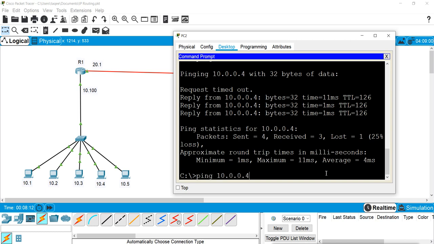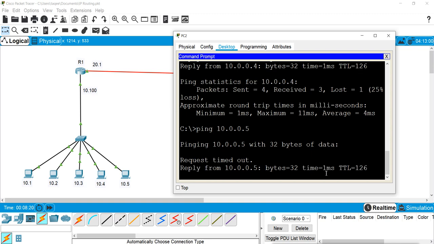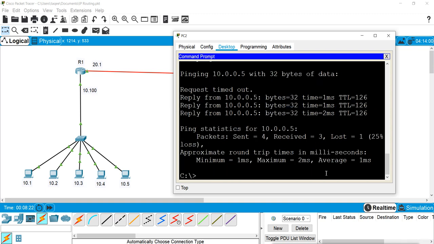And when we ping for 10.5 we will get the reply from 10.5. So it is working properly.